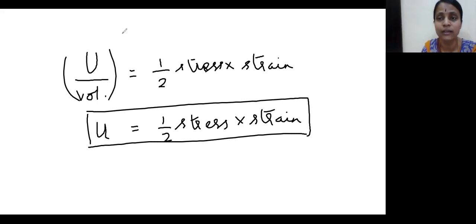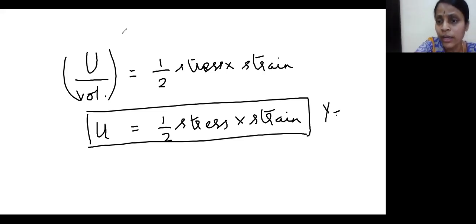When Mrs. Chandrasekhar finishes off a little bit of calculus with you, I will derive the same expression using integral calculus. But for now, we are going to restrain ourselves to only this derivation, which is U is equal to half stress into strain. Suppose I want to bring in the Young's modulus of the wire into the picture now,